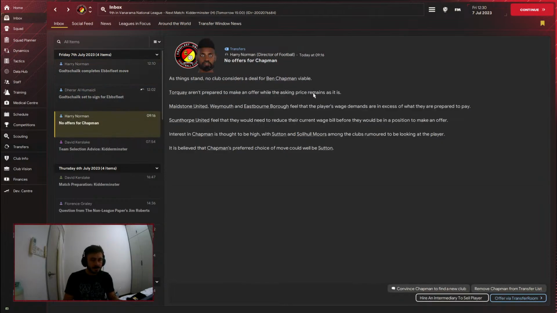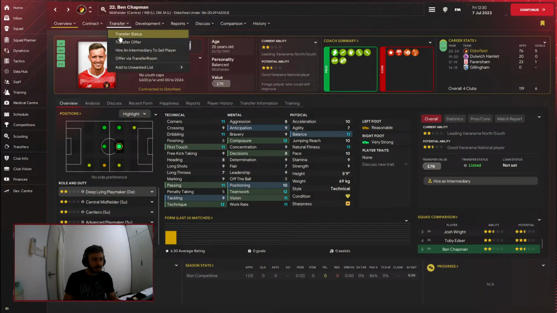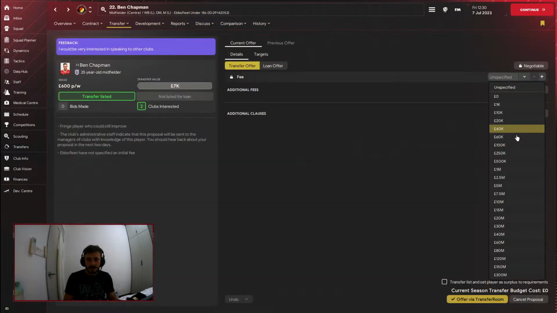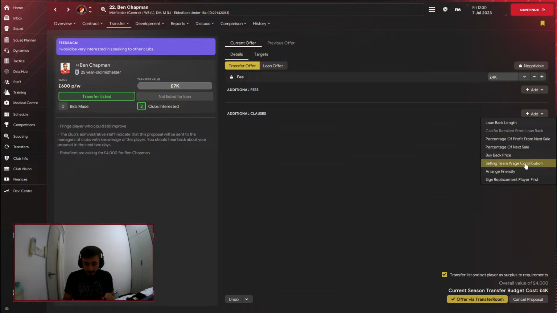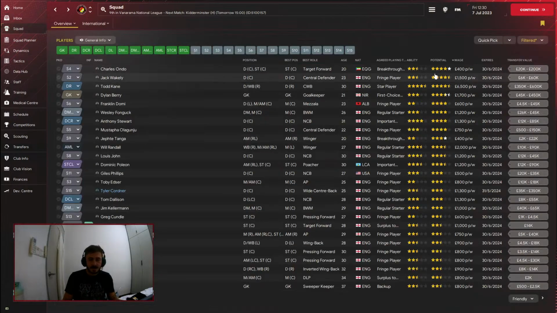No offers for Chapman. The asking price remains what it is. What asking price? We didn't put an asking price in. We'll offer him out here. He's worth 7K supposedly. We'll offer him out with 4. Oh, pardon me. Yeah, if we can get rid of some dead weight, we actually have a chance here of